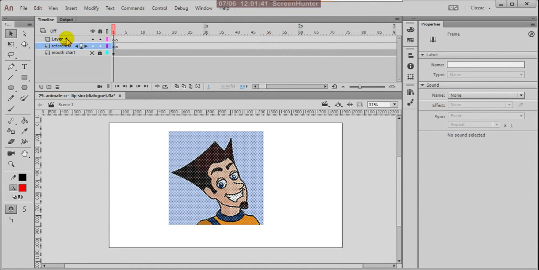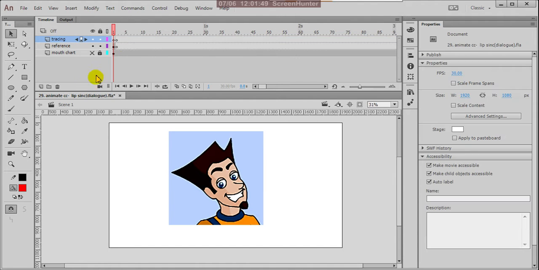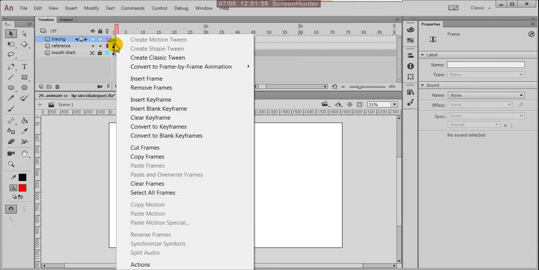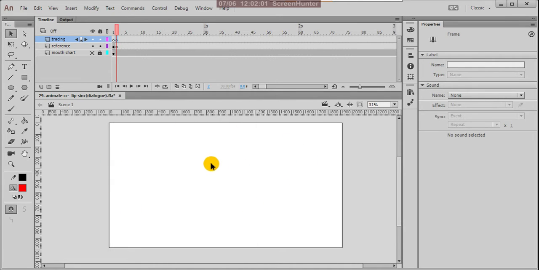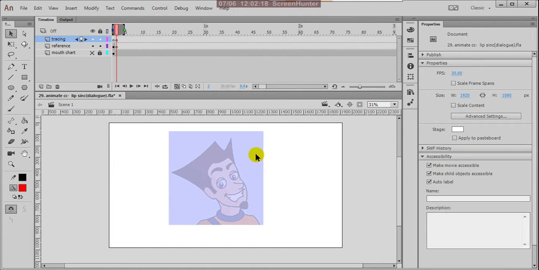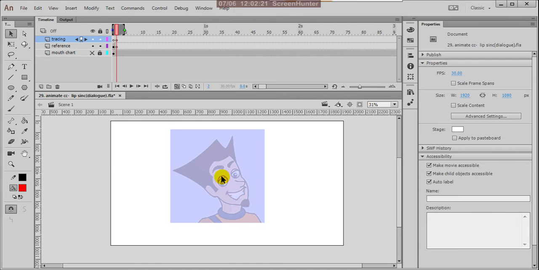Here I create a new layer and name it tracing. At the second frame you can right click and insert a blank keyframe. Already I gave it. But here the visibility of the drawing is not there. To make it visible, you can switch on the onion skin, so that you will have visibility. Then you have to trace this.